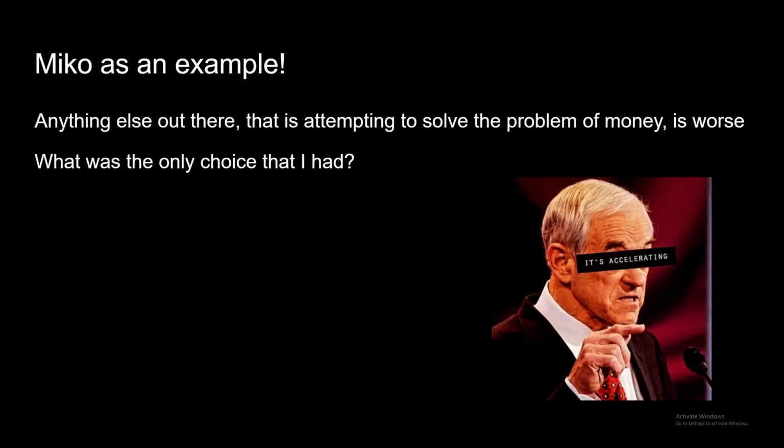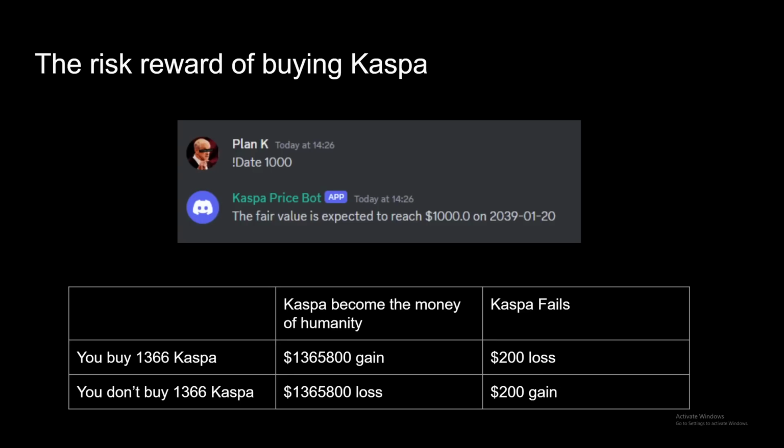And me thinking this is not going to be a unique thing. I am a very typical actor within the markets, and so any Bitcoin maxi out there who truly understands Kaspa and who truly understands the game theory of everything is going to really only have one choice, and that is to protect their downside and de-risk by at least getting a little bit of Kaspa. And even if you don't own Bitcoin, then the risk reward of buying Kaspa at the minute is just insane.